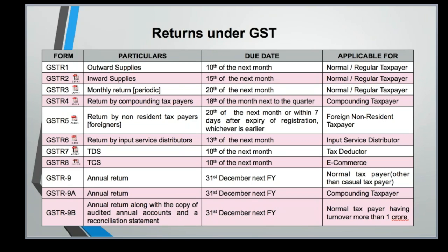So I would like to conclude by saying that first, return 3B needs to be filed. For 3B they have given a relaxation wherein you need to only portray the value details, but please don't feel relaxed, because on 20th August you file 3B and then between 1st to 10th September you have to give the details of the same also. So it is just a matter of 1 month that they have given, but you have to be ready. Your data capturing should be done in the formats as already shared by the GSTN portal.